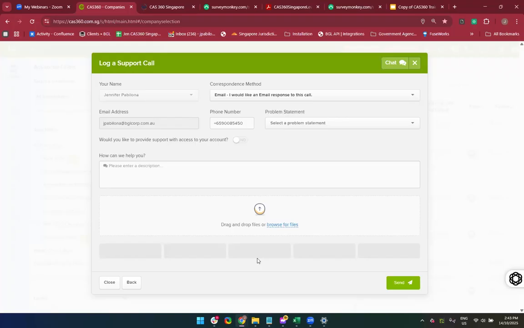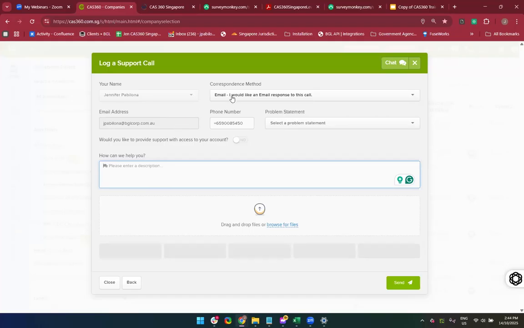This is to help our developers and our support consultant to have better context and understanding of the error you're facing. If you have, for example, the reference number of the error, simply type in the reference number and give as much description as you can